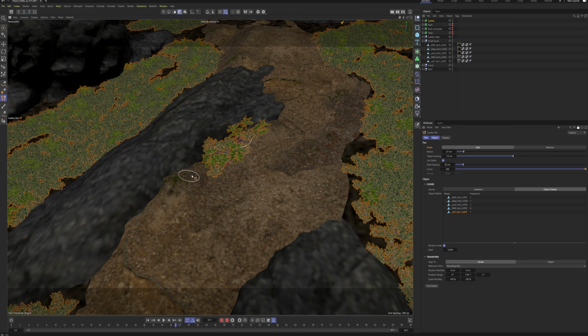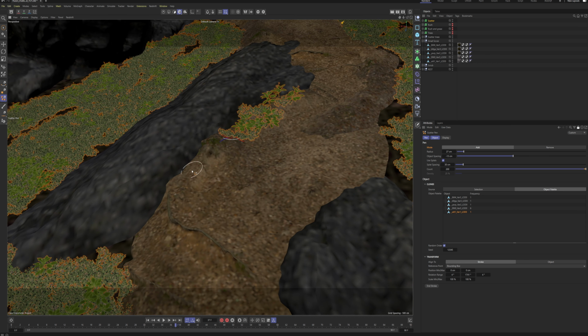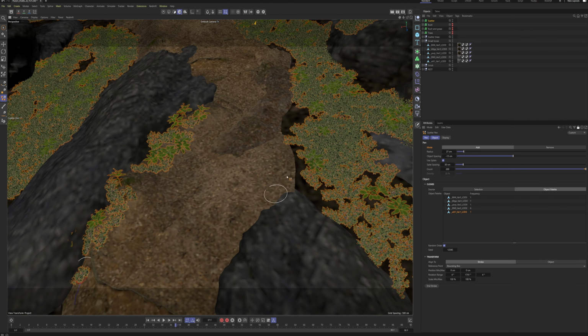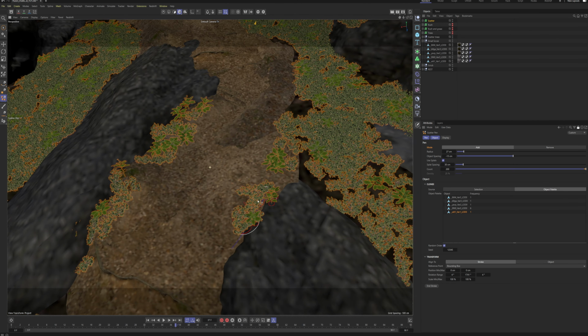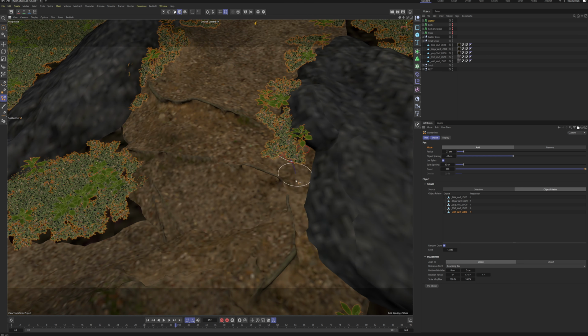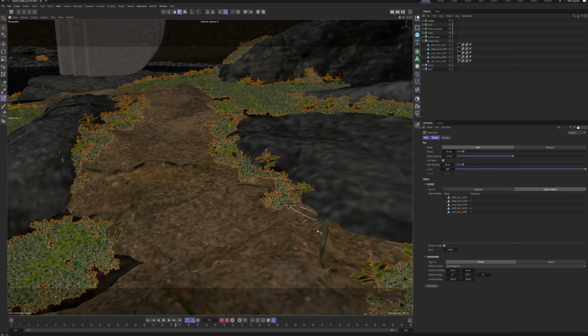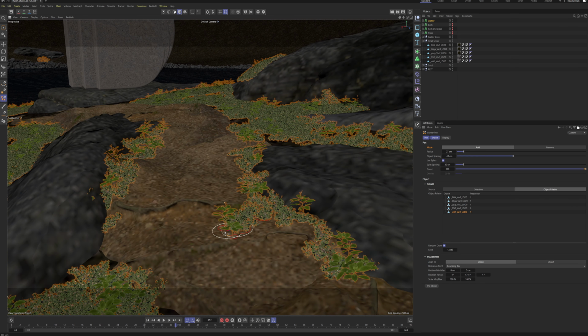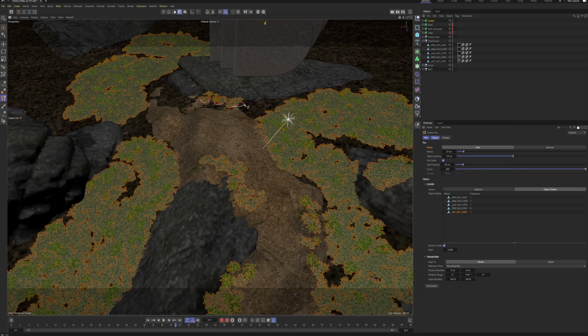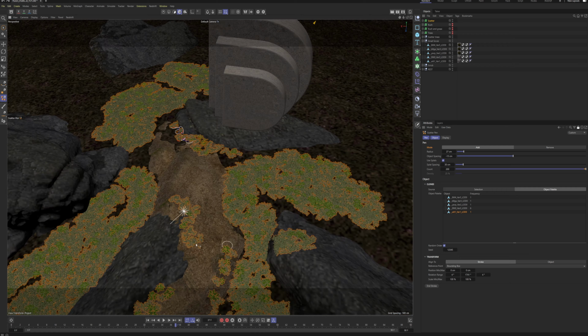All right, so now we can go in here and place some of these like this. And I can also go out here and place some of them, and really art direct this scene. Like this. Maybe it also goes a bit out. And yeah, let's put some here. Let's put some down here. Put some in front of this stone. All right,